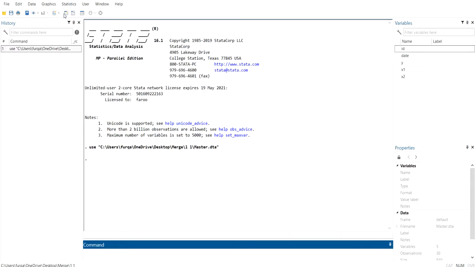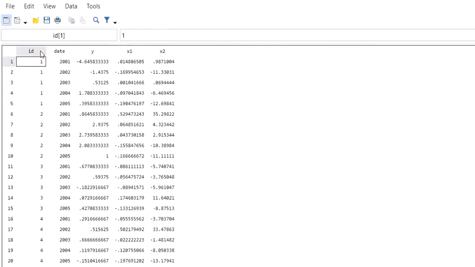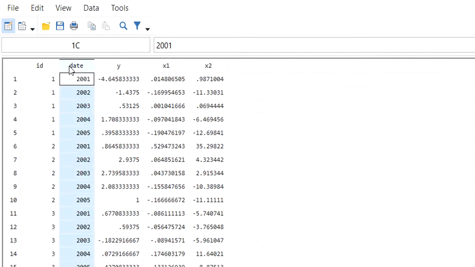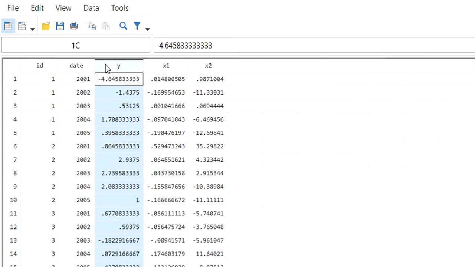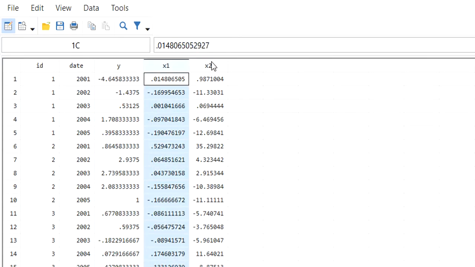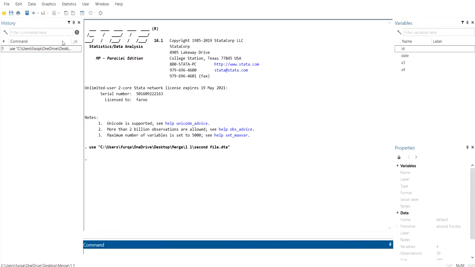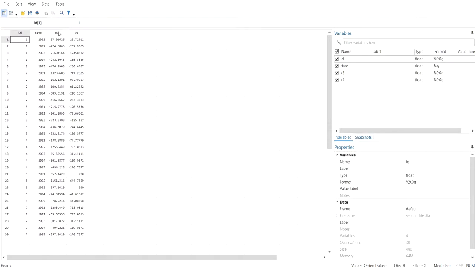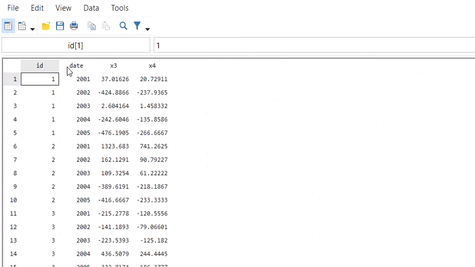If you look at the data of the merge file, we can see we have a variable id, we have variable date, then we have our main variables y, x1 and x2. If you look at your second file, you can see we have variables id and date, but we have x3 and x4.